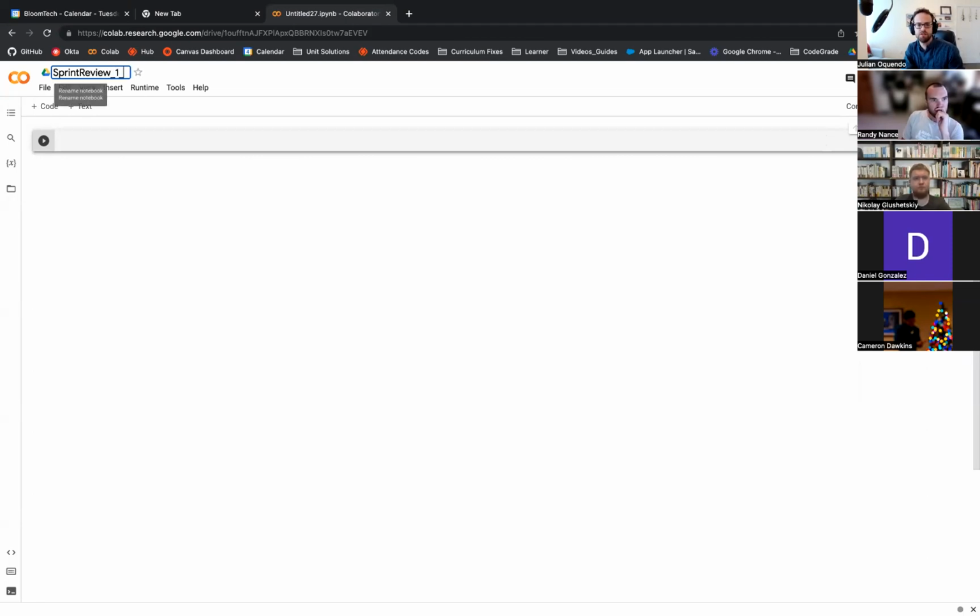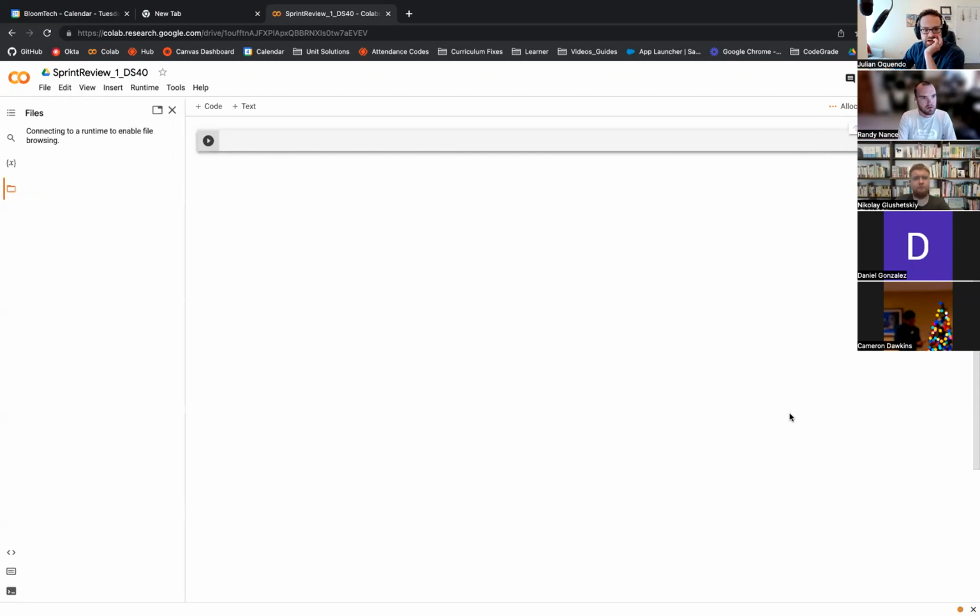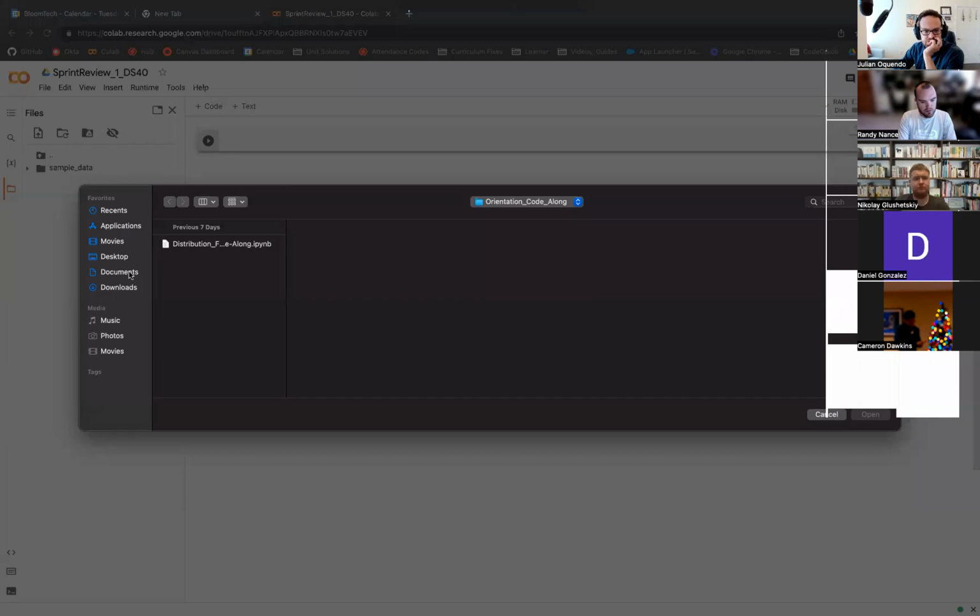Sprint Review 1. This is DS. Technically, this is DS40. So when you upload the file onto Google Colab, one interesting thing you can do, just